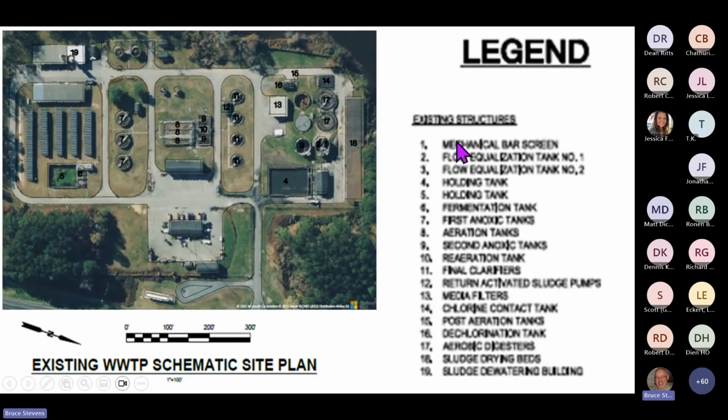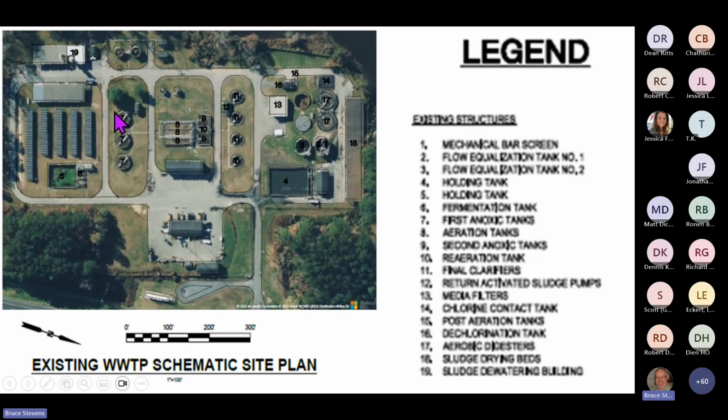A closer look at the plant schematic. Flow comes in down here, goes through grit screenings, pretreatment, and then into EQ, where it then flows down underground to the existing fermenter zone. Like I said, this is a 4-stage Bardenpho flow, and then it goes to the first anoxic tanks, which are